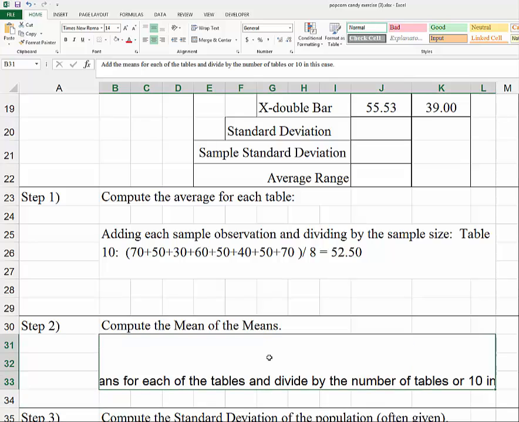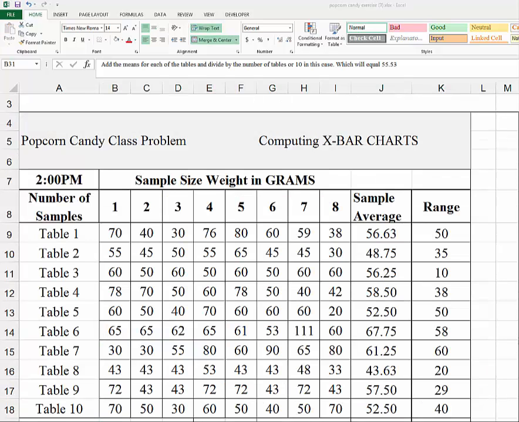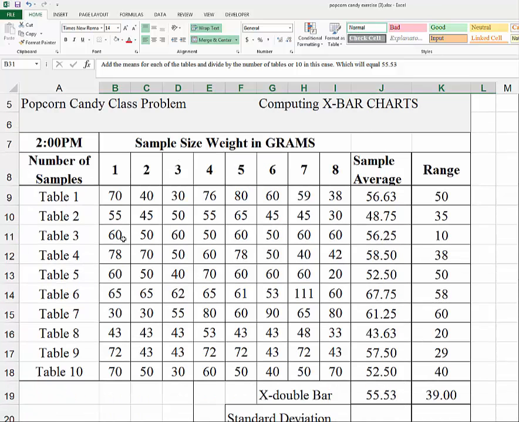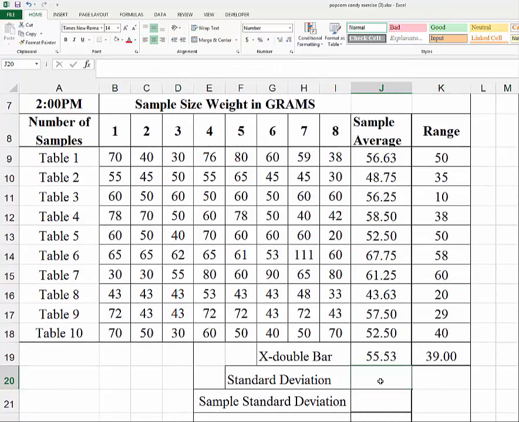Let me just wrap this. The next thing we need to do is compute the standard deviation. And what we have here is ostensibly the population. It's not exactly a population, but for us it's sort of the population of observations. So we can go into this box, we can hit equals, and I know that the formula for standard deviation is